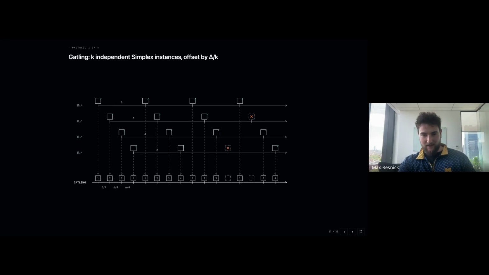Okay, so here's a paper that I'm going to announce on Twitter today. It's just posted on arXiv. Gatling is not a multiple concurrent proposer protocol, but it's a good way to ease you into this idea of async execution and what it enables and what we can do with just very simple primitives stacked on top of each other. So each of these, pi1, pi2, pi3, pi4, are their own version of a simplex consensus chain.